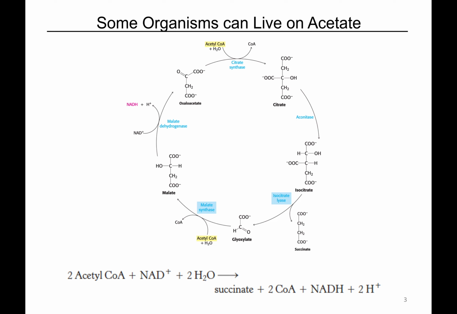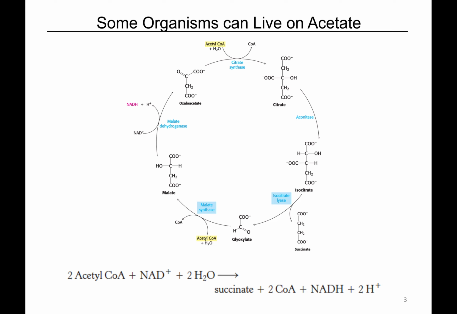We condense oxaloacetate with acetyl-CoA and we make citrate. Nothing surprising here. Citrate is isomerized to isocitrate using the same enzyme as the TCA cycle, aconitase. At this step, though, we break away. So instead of oxidatively decarboxylating isocitrate like we do in the TCA cycle, we use isocitrate lyase and we cleave